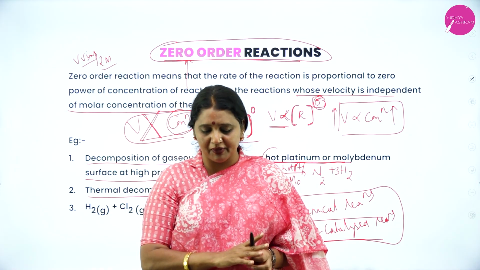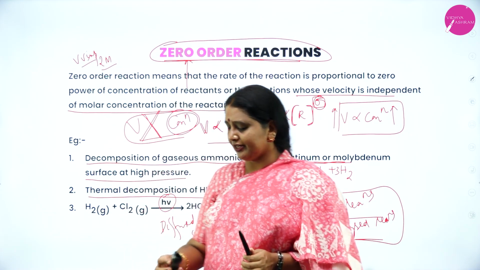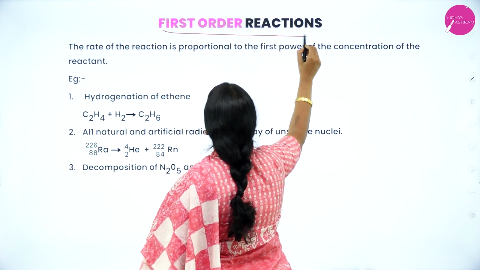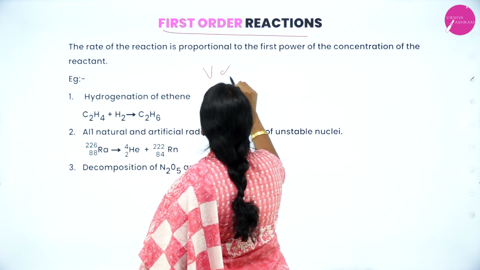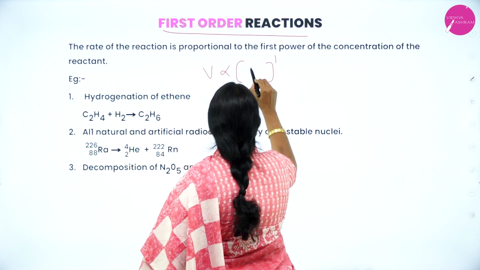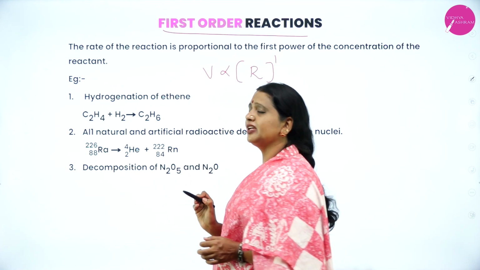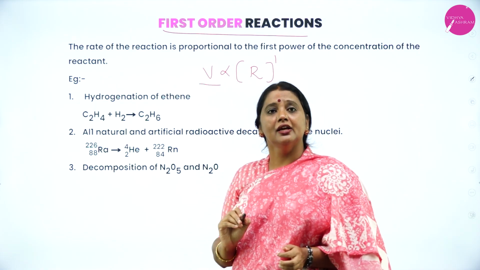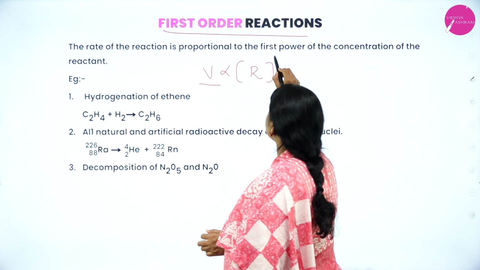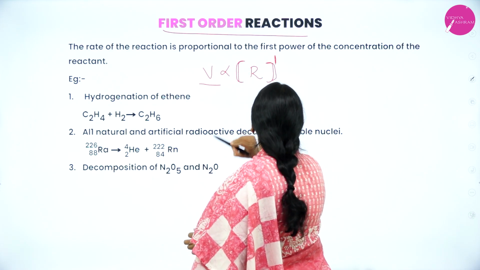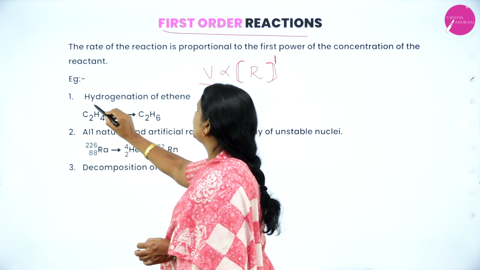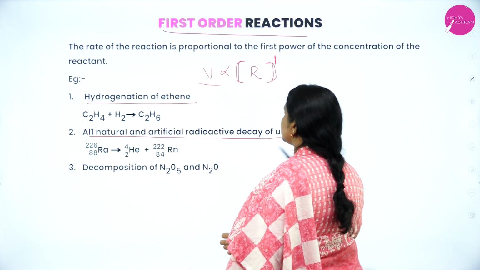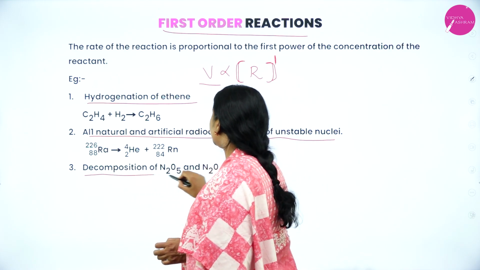These all are examples of what? Zero order reaction. Next, first order reaction. Here, velocity is directly proportional to the first power of the molar concentration of the reactant. The rate of a chemical reaction is directly proportional to the first power of the molar concentration of the reactant. Examples: hydrogenation of ethene, all natural and artificial radioactive decay of unstable nuclei, decomposition of nitrogen